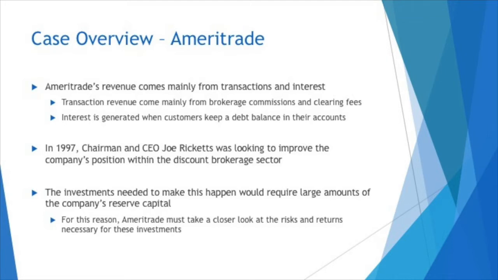In 1997, Joe Ricketts, Ameritrade's chairman and CEO, was looking to improve the company's position in their sector. The key to this positioning was a large increase in the company's customer base and the subsequent revenues generated. The drawback to this was that the investments needed would require a large amount of the company's reserve capital. The exact numbers are $100 million for the technology enhancements and $155 million for the advertising increase. This covers the fiscal years of 1998 and 1999. Because of this, Ameritrade must take a very close look at all of the returns and risks related to these